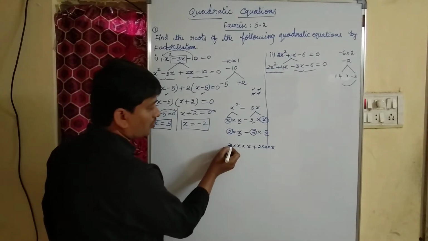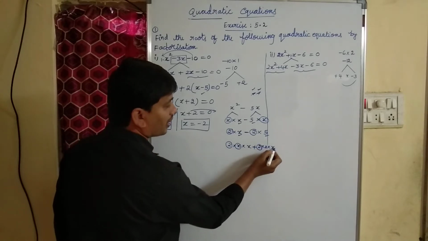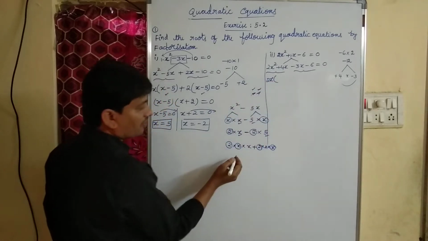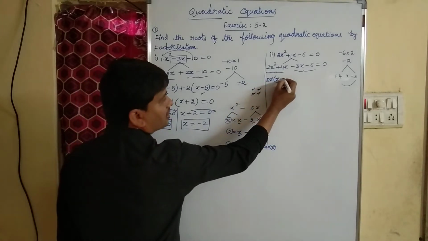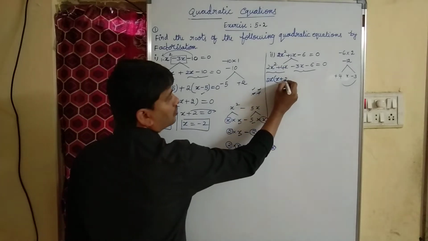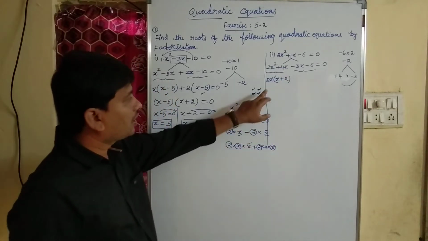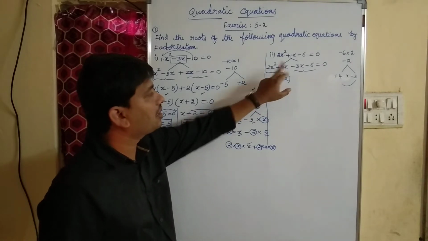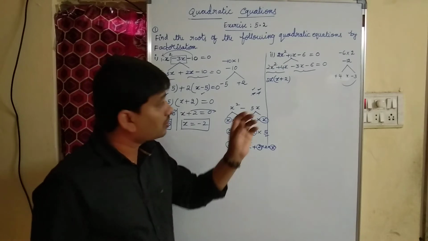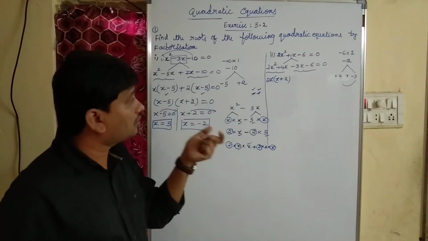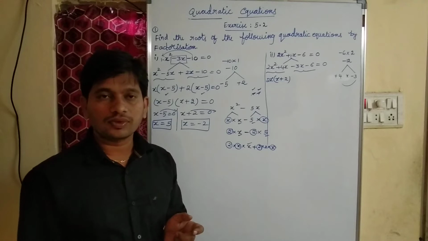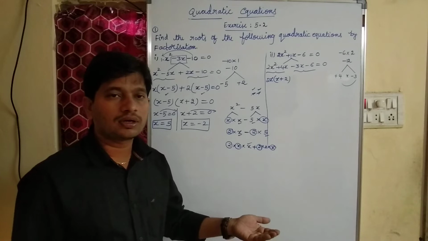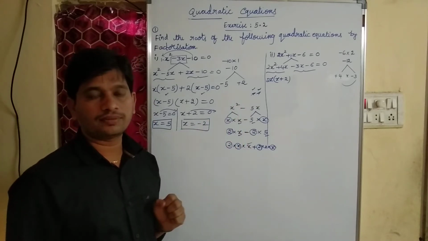Now let me take 2 and x as common. If I take 2x as common, what is left over here children? Here we have x plus, and here we have 2. See children, again 2x into x is 2x², plus 2x into 2, again you will get 4x. So here you should think and do it slowly. What is the common, and what will be inside the bracket?